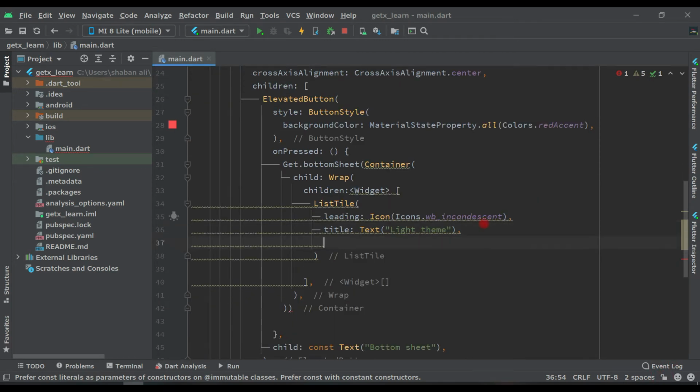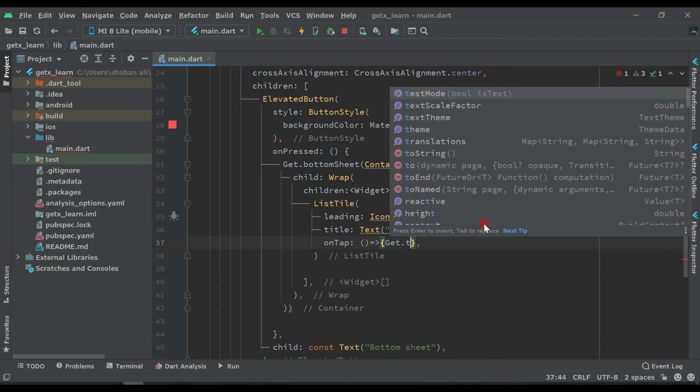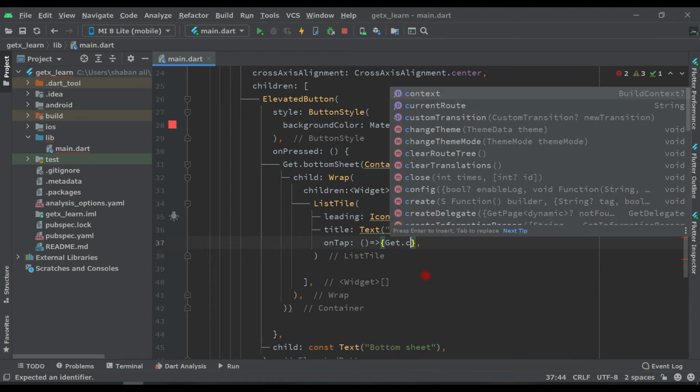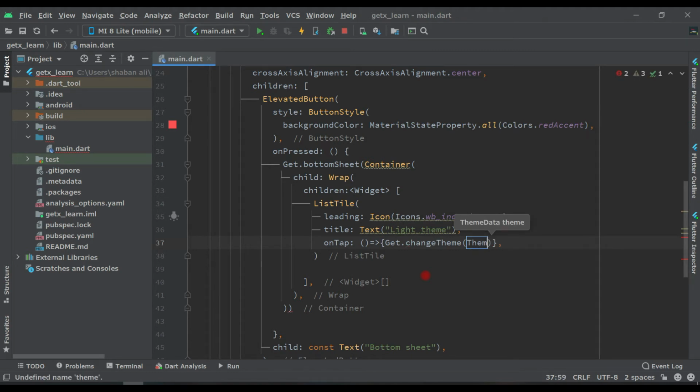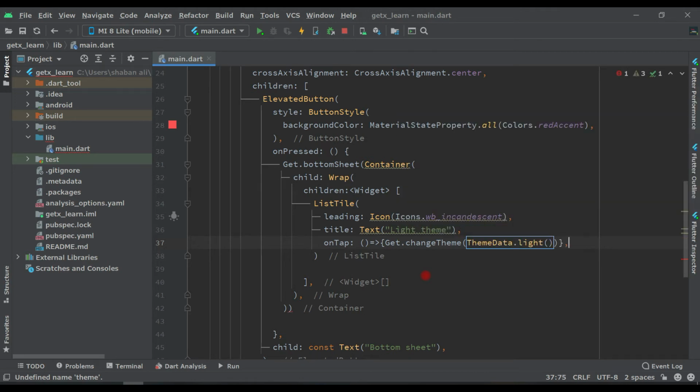Then after this we have onTap, put two curly brackets, and inside Get dot changeTheme, this one, and here ThemeData dot light, this one.